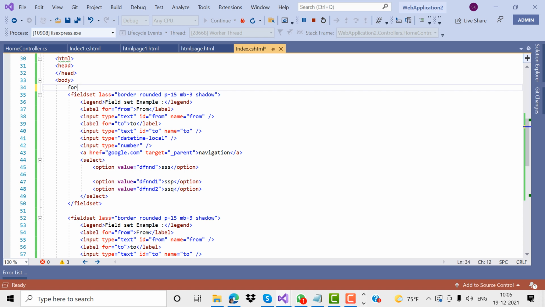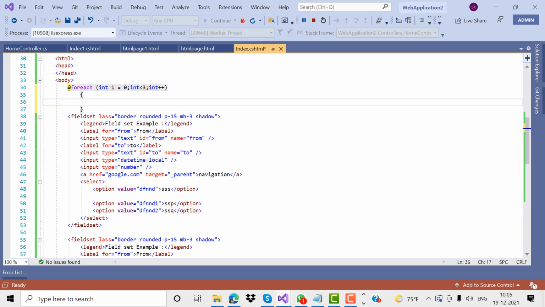We need to write a for loop. You need to write the for loop and bind the list of values under the div controls. We give it in every div with some label controls. See, for each, I'm giving an example: for int i equal to 0, i less than or equal to 3, i plus plus.